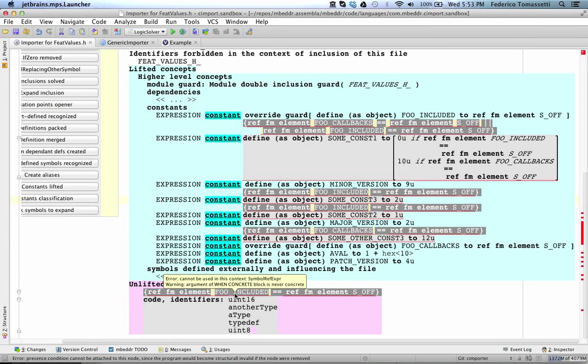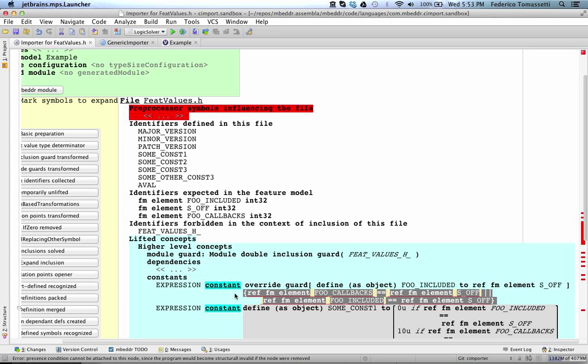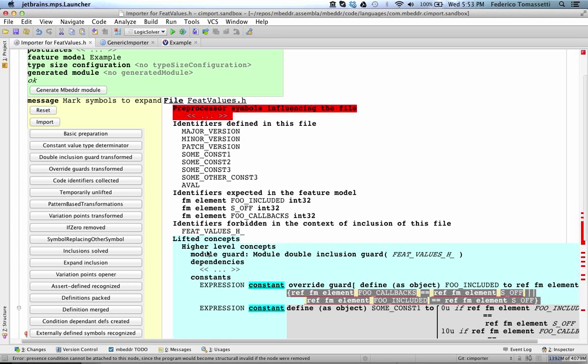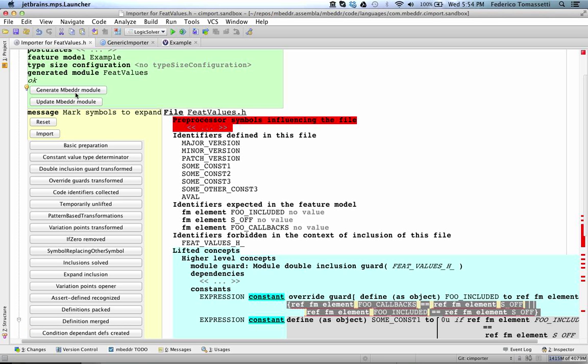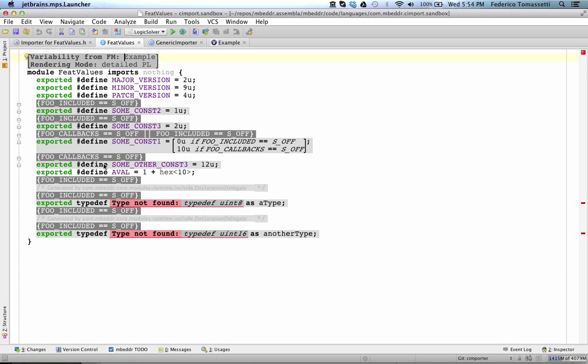There are some concepts that are not lifted. In this case, this is just the code, because the code is not lifted to a higher level concept at this step, but it will be analyzed in the last step. Okay, a module is created,